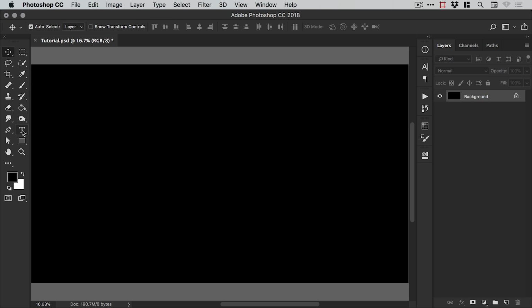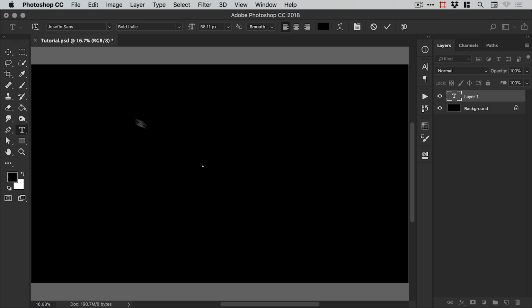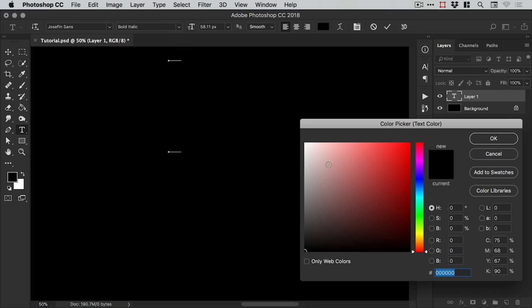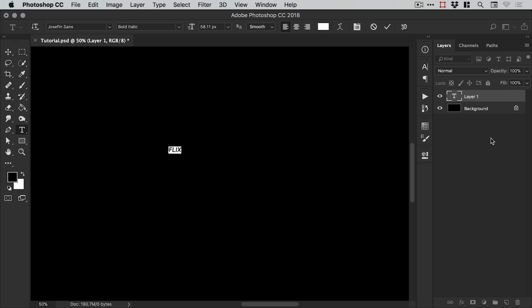Next we're going to select our type tool and just left click anywhere on the canvas, and we'll type a word. Now this can be any word you like. I'm going to use the word Flicks and just select that text, and you can change the properties at the top. So I'm going to change the color to white, and we could increase the size from here. Change the font. I'm using Josefin Sans Bold Italic,